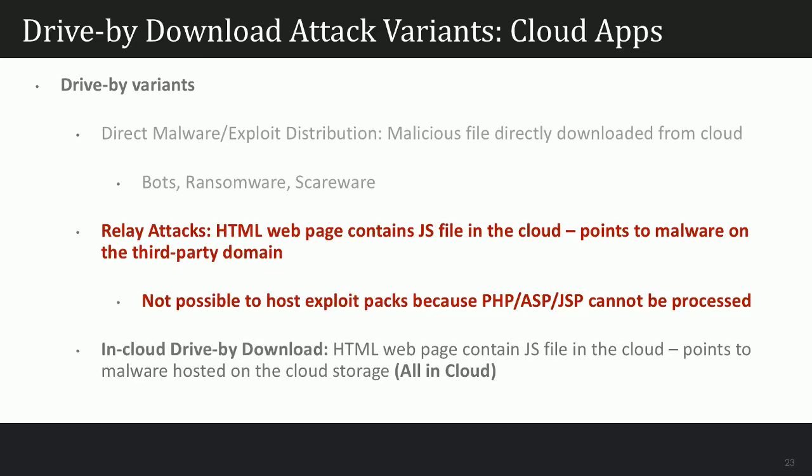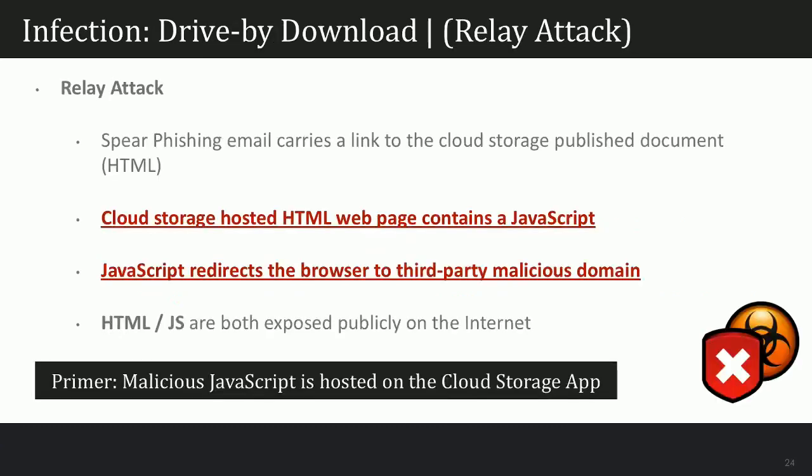And now the question is, is it possible to have your HTML code, JS code, malware code, everything placed into the cloud app and then trigger an in-cloud drive-by download? It is possible, and we demonstrated that. So in a relay attack, as I mentioned, simply an HTML web page and JavaScript have to be there. It has to be made publicly available so that it can be included in the attack, because if you're not sharing the file publicly, you cannot use it in a broad attack, or even in a targeted attack, because you have to include that file so that you won't see a 403 forbidden.